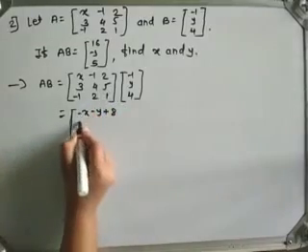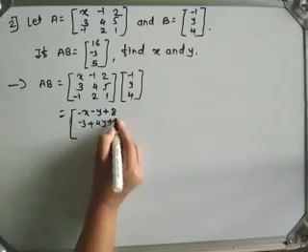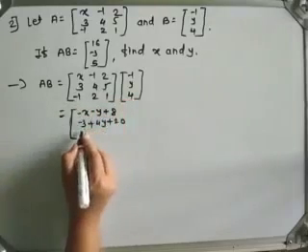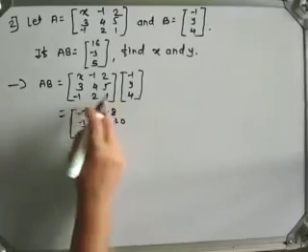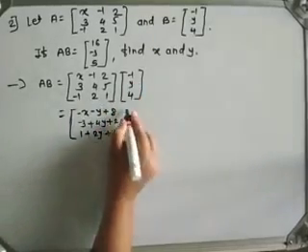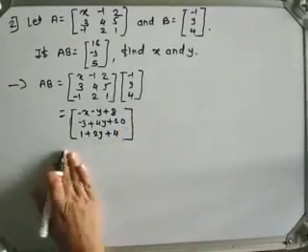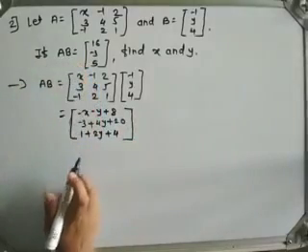Second row is minus 3 plus 4y plus 20. Third row is minus 1 into minus 1 plus 1 plus 2 into y plus 4, which is equal to,